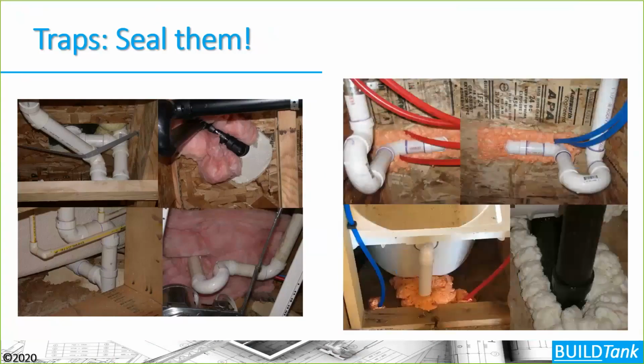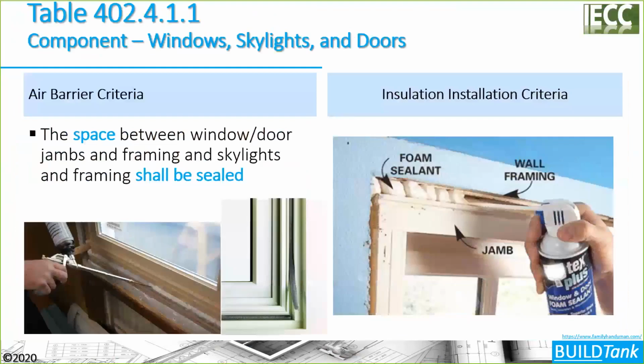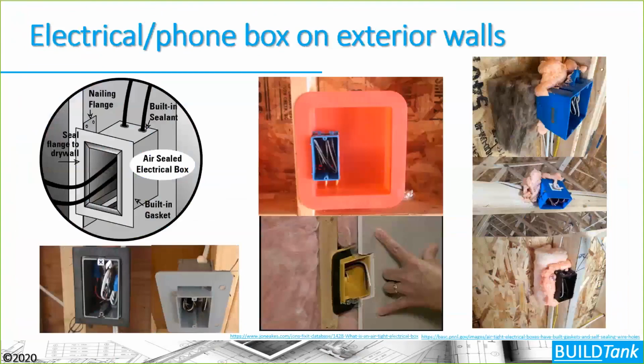Traps, plumbing traps need to be sealed and air sealed well. Spaces around window openings and door openings to framing are required to be sealed just like they are in the energy code. Electrical foam boxes, you have to use either airtight boxes or make non-airtight boxes airtight and seal those